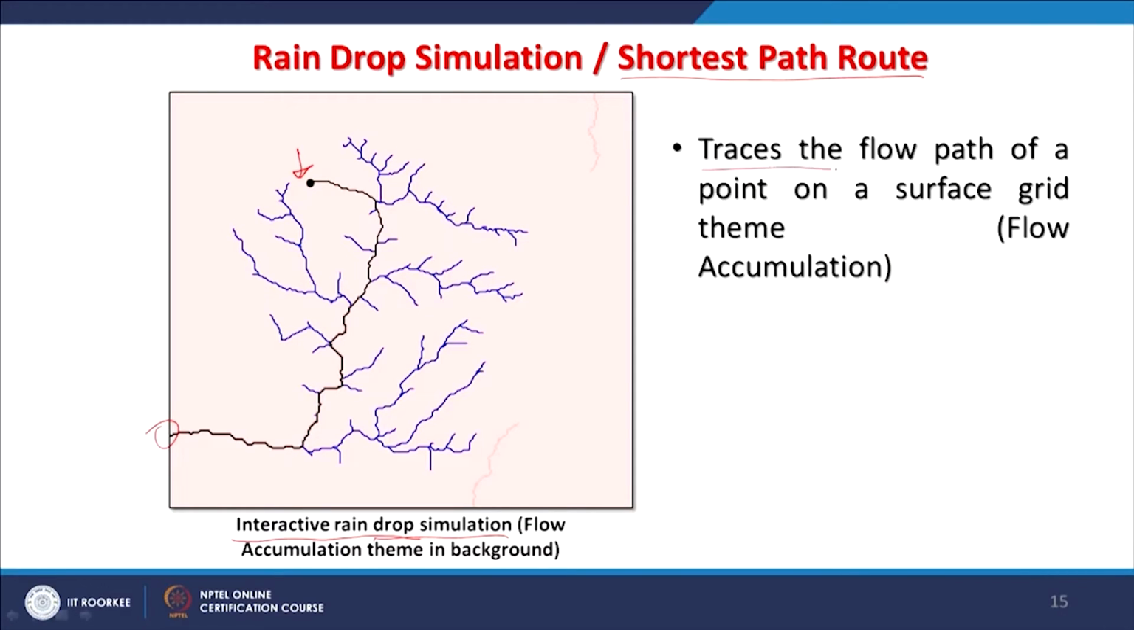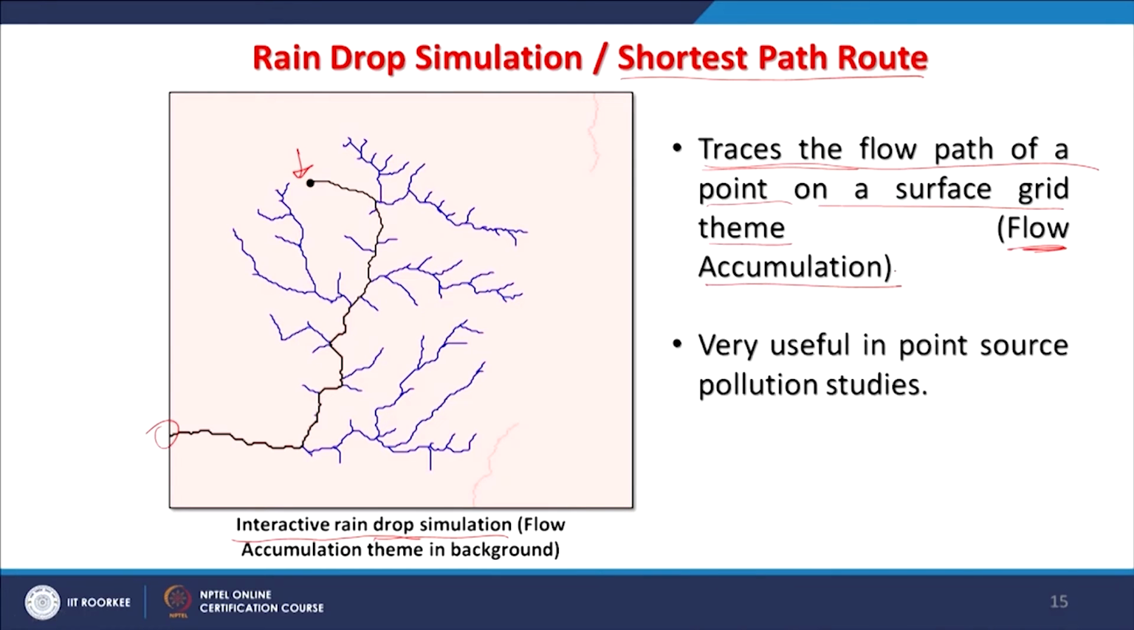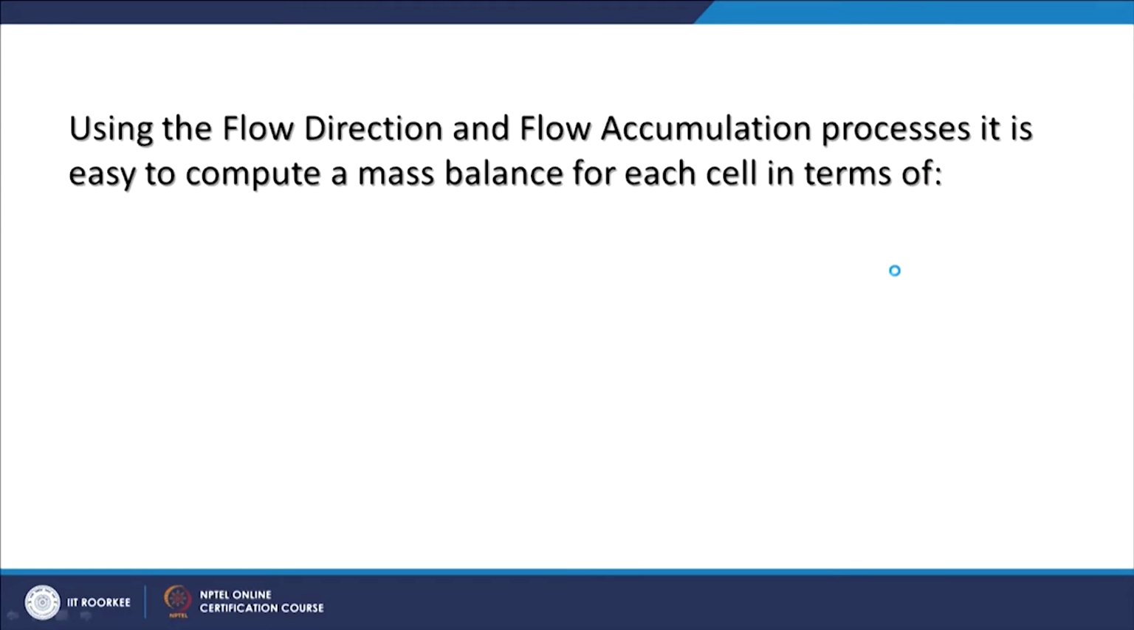So, the trace is basically a raindrop simulation, that is, the trace of the flow path of a point on a surface grid theme, and thus the input is flow accumulation. As I have already mentioned, it is very useful for point source pollution studies. So, employing two themes together, flow direction and flow accumulation processes, it is easy to compute a mass balance of